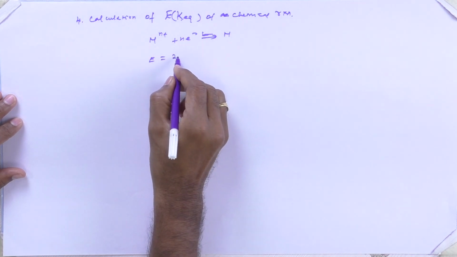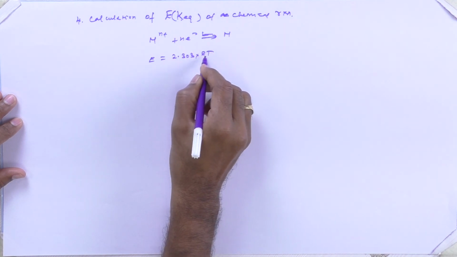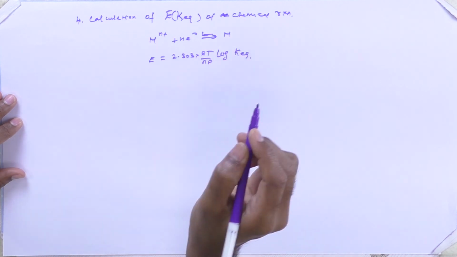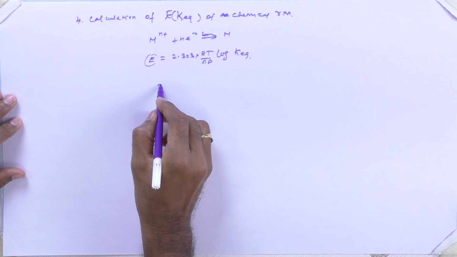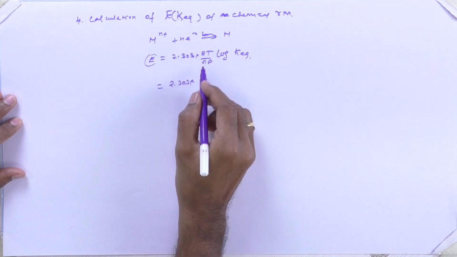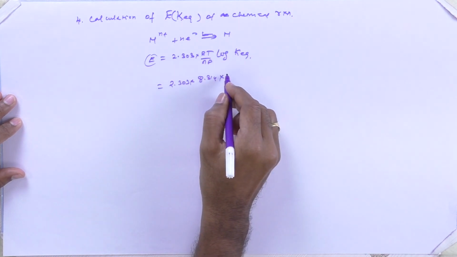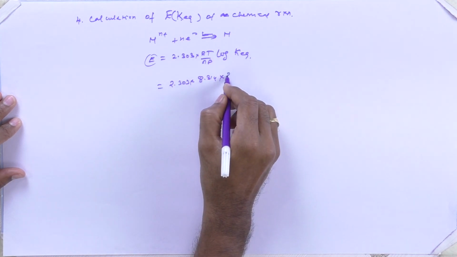E is equal to 2.303 RT by nF into log K. E is nothing but the electropotential for the particular metal. R is the gas constant, 8.314, and T is the temperature. Normally we conduct this kind of redox reaction at room temperature, so it is 298